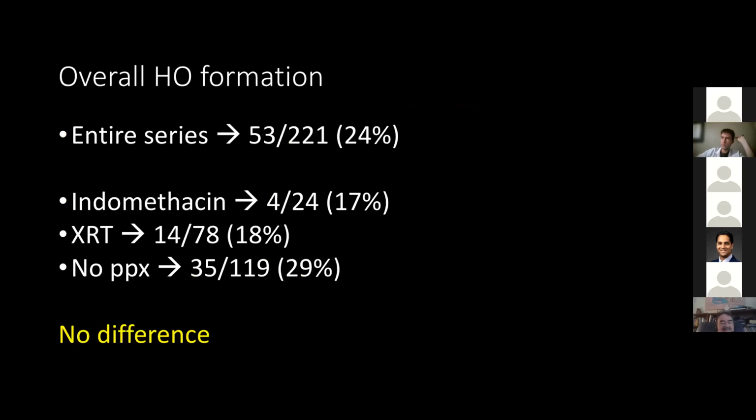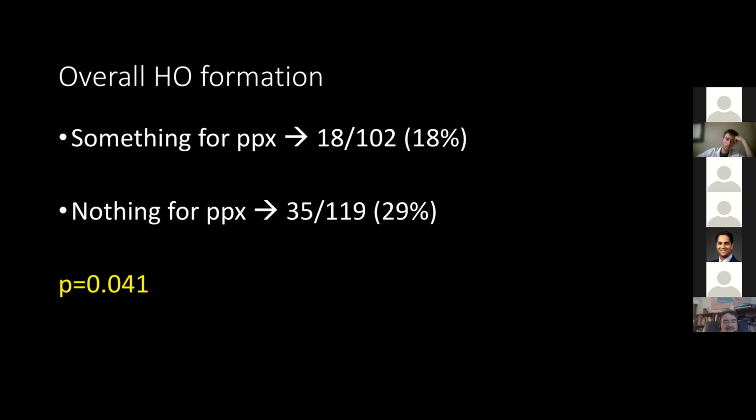And then looking at HO formation. So overall HO for the entire series was about 24%. And then we look at it in the 3 different subgroups. So indomethacin, XRT, 17 and 18%. No prophylaxis group, a little bit higher, almost 30%, but no statistical difference between the groups. However, if we do combine the XRT and the indomethacin group and compare patients who had at least something for prophylaxis